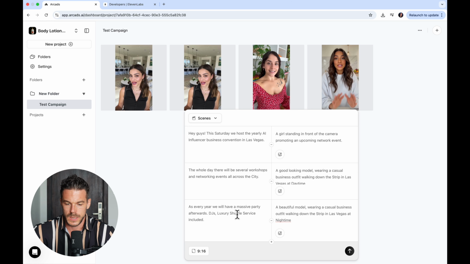And the last script, as every year we will have a massive party afterwards, DJs, luxury shuttle service included. And I described it with a beautiful model wearing a casual business outfit walking down the strip in Las Vegas at nighttime. And what's also interesting here is that we have the opportunity to upload an image